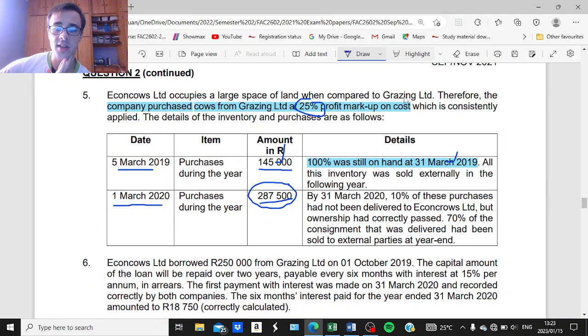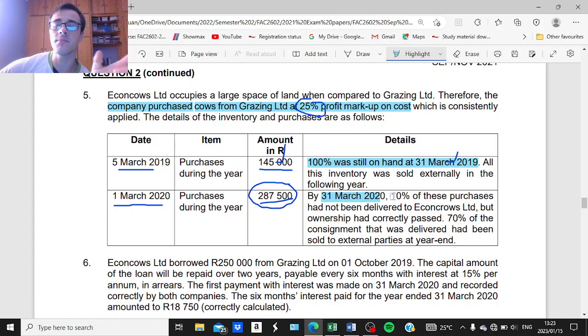which says the following. So on the 31st of March 2020, so at year end, 10% of these purchases, so 10% of the 287,500, had not been delivered to Econ Cows Ltd, but ownership had correctly passed. So this is what is known as inventory in transit, which was already recorded by Grazing Ltd as part of its revenue. Okay, they would have recorded the transaction because the ownership has already passed. However, Econ Cows Ltd has not recorded this transaction yet